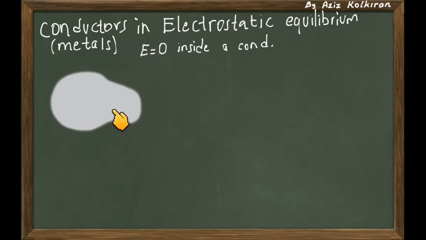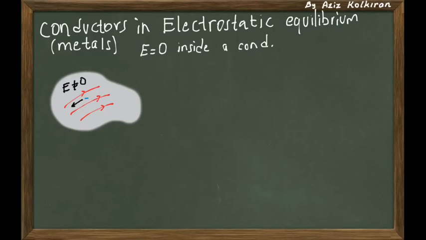So we have this conductor, and this gray region is the volume of the conductor. And think about the counterintuitive argument that the electric field is not equal to 0. So imagine if inside the conductor the electric field is not equal to 0. We have then, for example, the electric field lines, and the property of the conductors is, why do we call them conductors? Because there are free charges moving inside the conductor. So if the electric field is not equal to 0, then the free charges, the electrons inside the conductors, because of this non-zero electric field, will move. So if there is a non-zero electric field, then the electrons that see this non-zero electric field will move. But this is in violation that the conductor is in